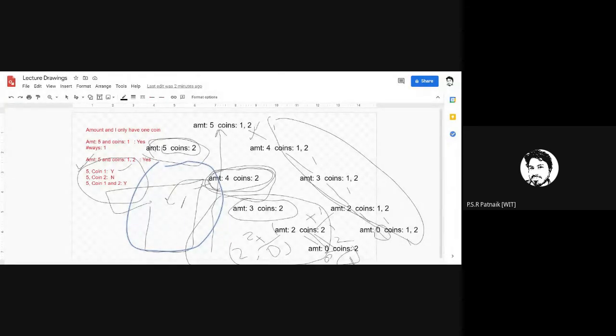To convert this into a program, my concentration would be first only to write the recursive logic. Once you have the recursive logic, we will make an enhancement to use memoization. What is memoization?